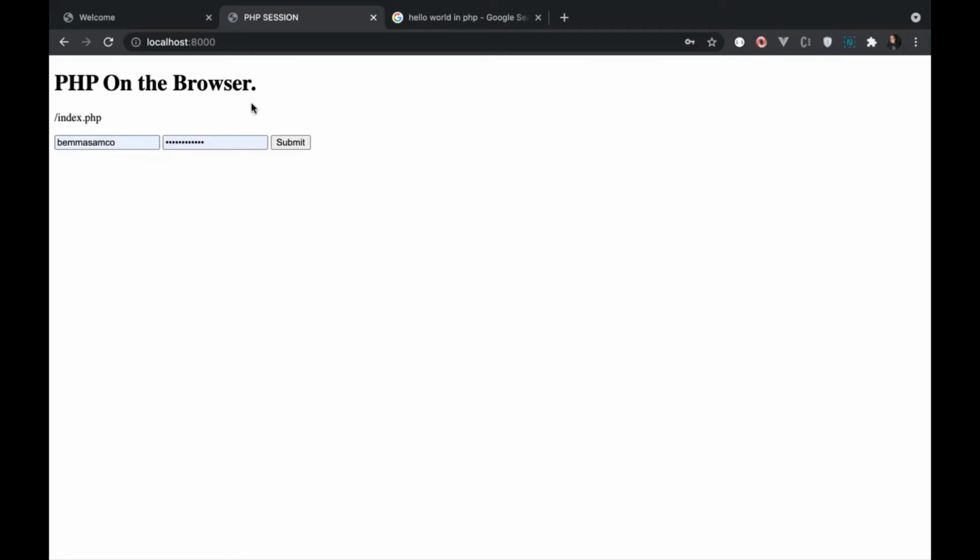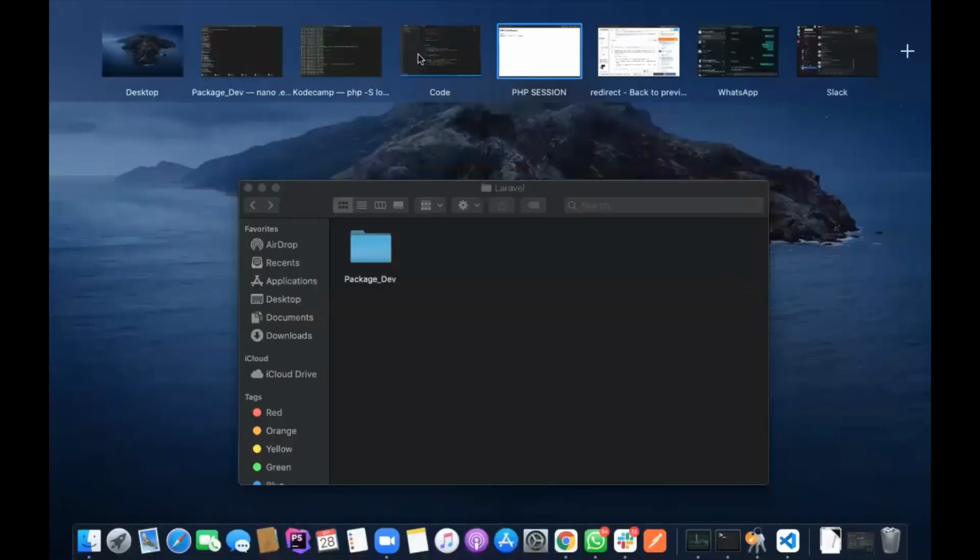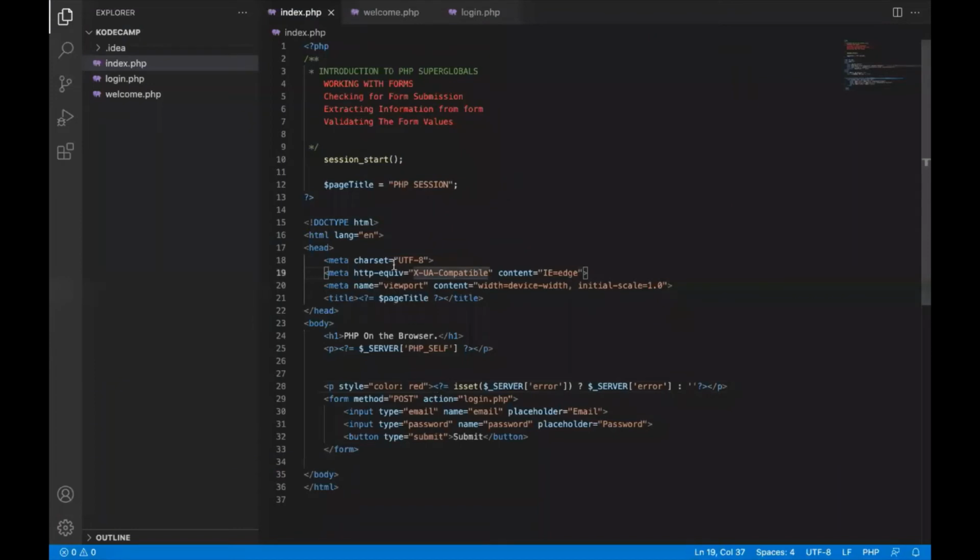It's just redirecting me back. I said server error, so show this there. If I say server underscore error,